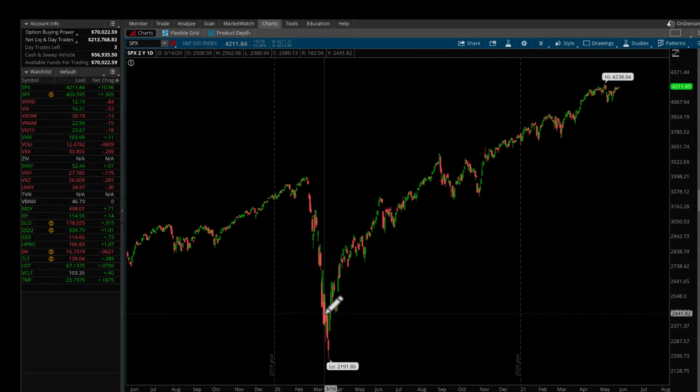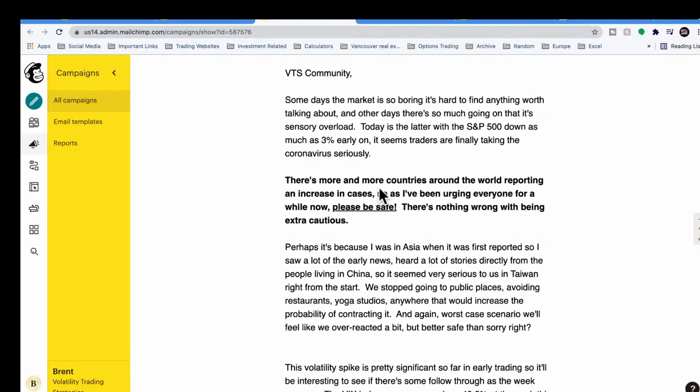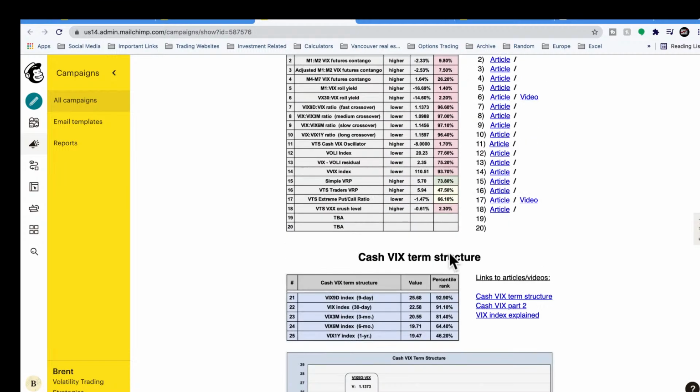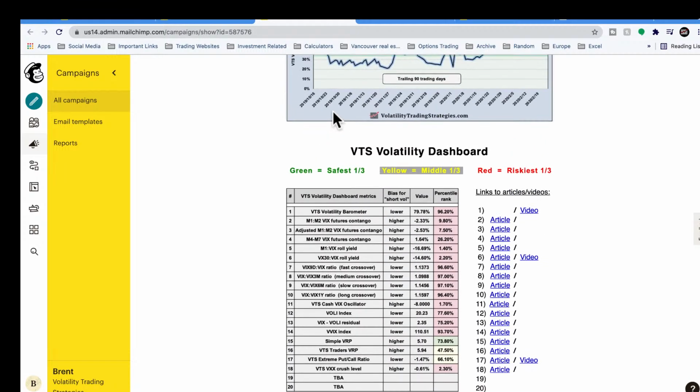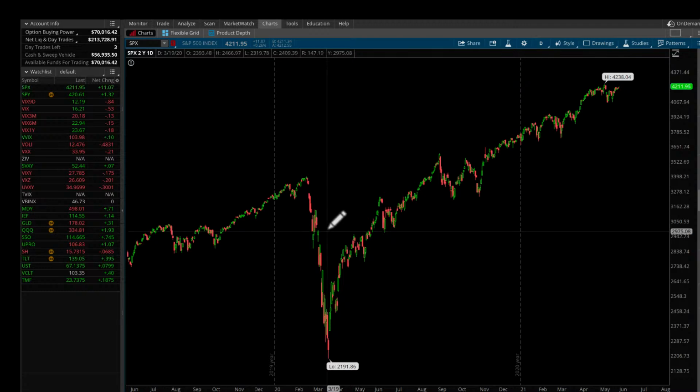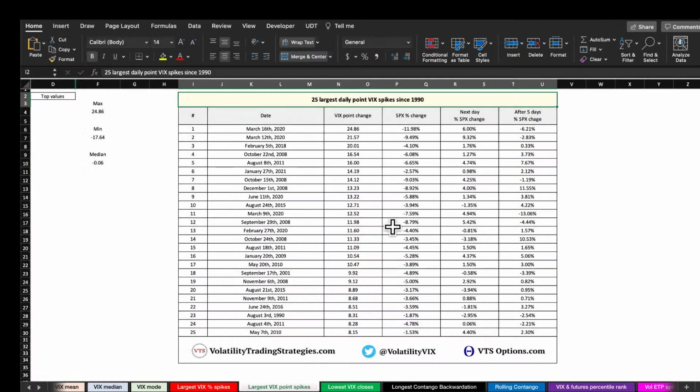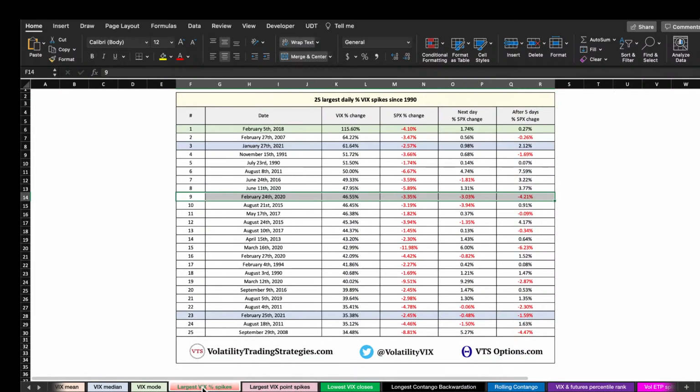If I would be the type of person who actually has to wait for all of my metrics to start showing percentile rankings based on point moves, I might have actually had to wait until somewhere down here before getting my signals, because that's not going to show the relative change. The VIX has to get to 30 or 40 before it really starts flagging those levels that's going to show up on something like this,